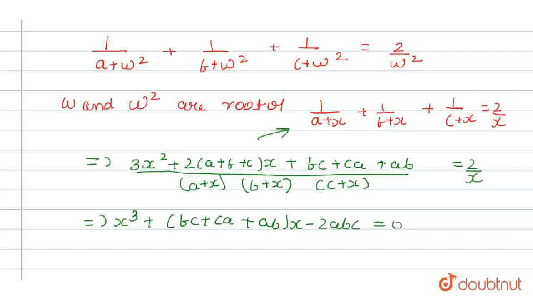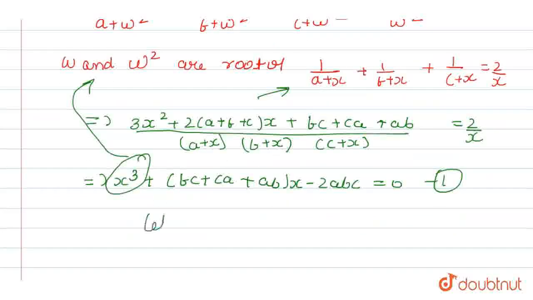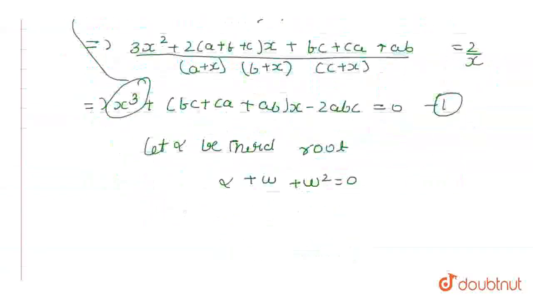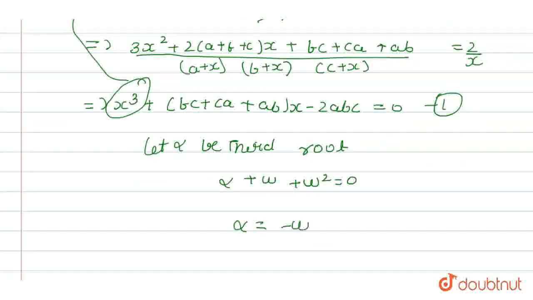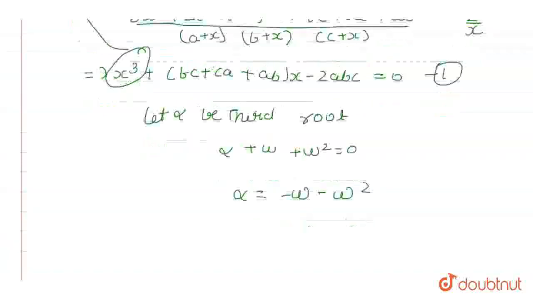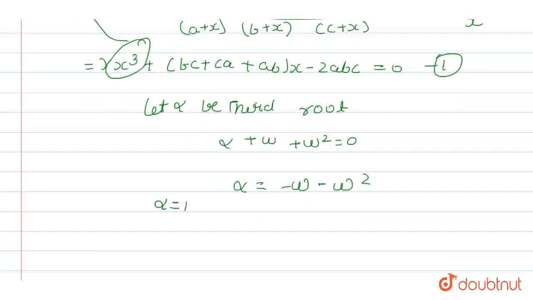And from here we can say that this equation has 3 roots because it has maximum power of 3, and we have been given 2 roots which are omega and omega square. So let alpha be the third root. So from here we will get alpha plus omega plus omega square should be 0. So from this we get alpha equal to minus omega plus omega square, and we know that here it will come minus, so alpha value will become 1,